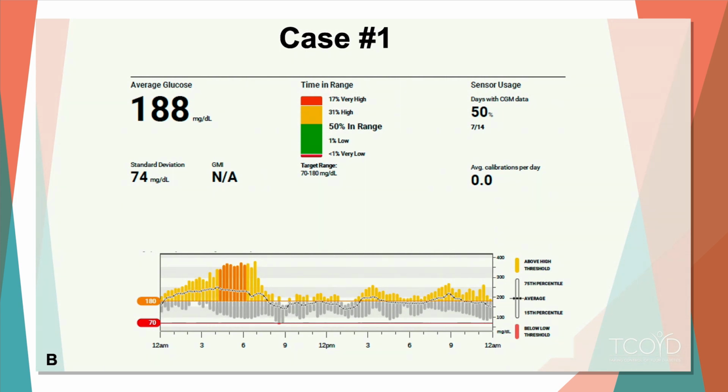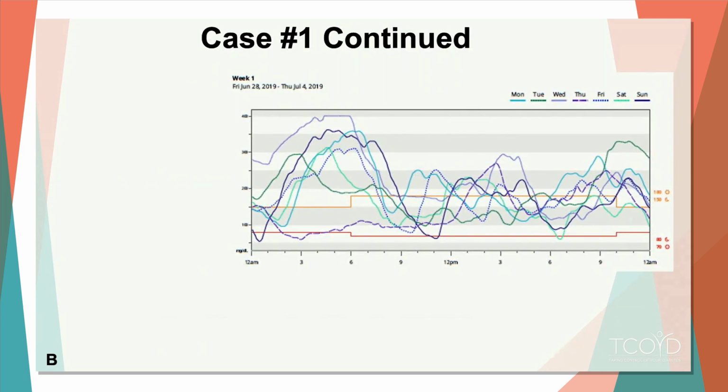And then if we just put our eyes down on the bottom of the slide onto the 24-hour modal day, if you recognize that, that's the one that we picked up earlier. And we see that basically in the middle of the night, there's a lot going on. There's a lot of glycemic variability, and that's where a lot of that time above range is happening. So that would be the thing that we should focus on. So if we zoom in on this person and look at each individual day, we see that at nighttime, right about 1 a.m. every night, the blood sugar just shoots up, and then it kind of stays high all night long. And what's actually happening here in this individual,